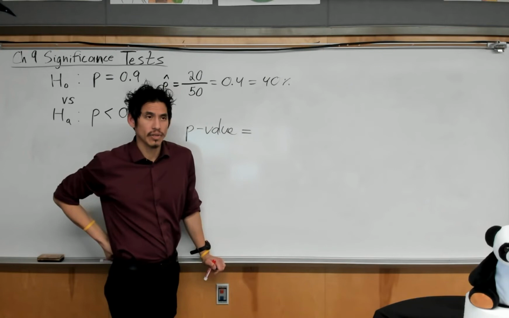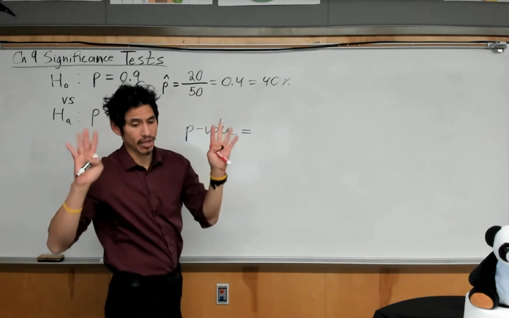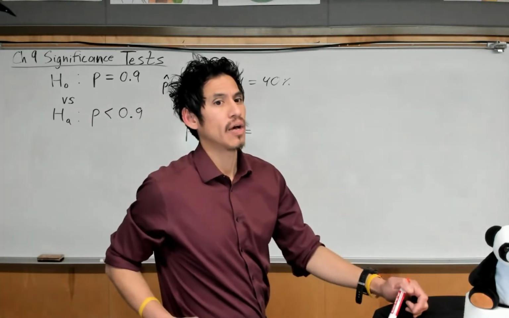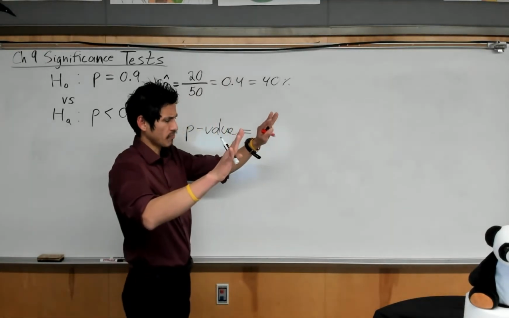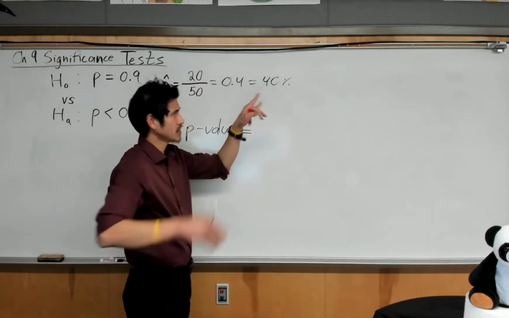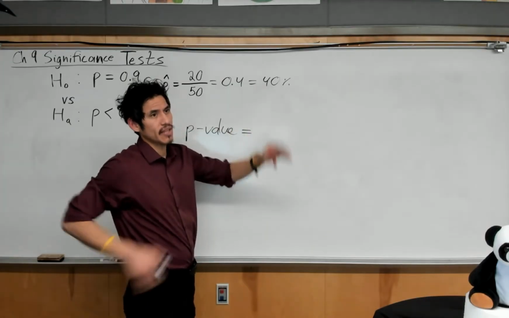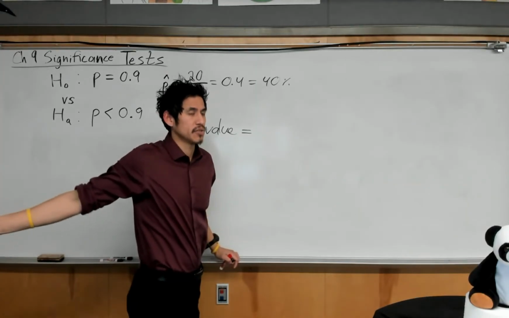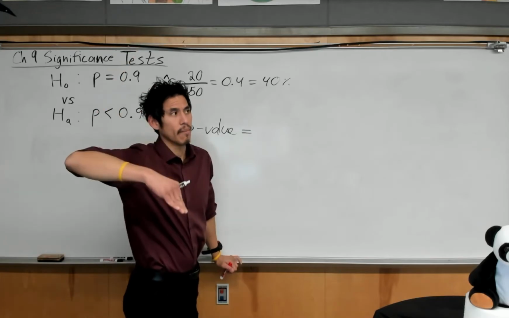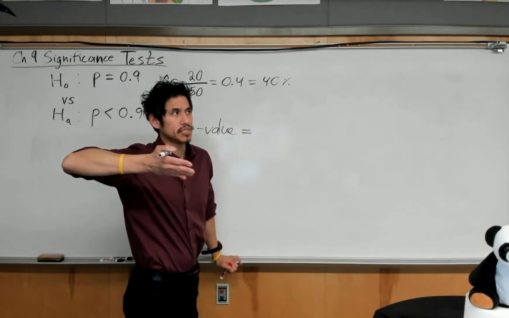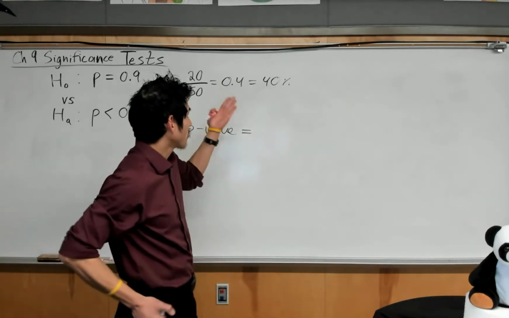Now, before we do a significance test, we have to have a limit. We have to say, if the odds of this happening is less than 1% or less than 5% or less than 10%, then I'm calling BS. You have to claim what percentage you're willing to work to, because if you say it after, then it's going to be biased. So in other words, you have to claim what's called your